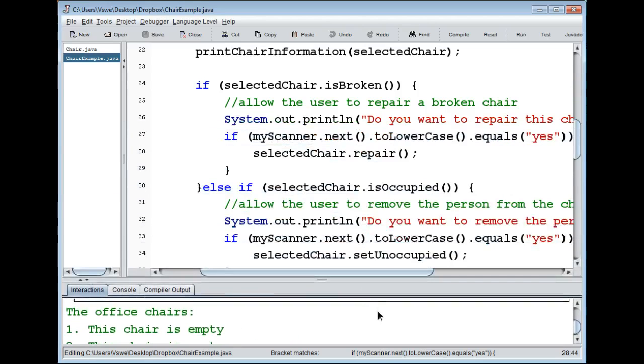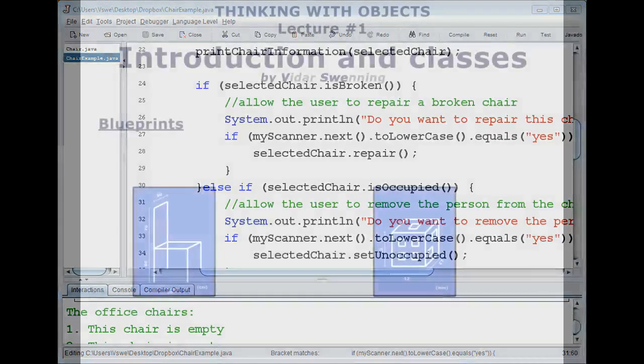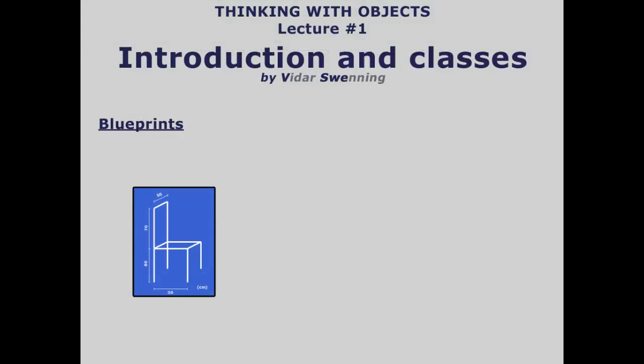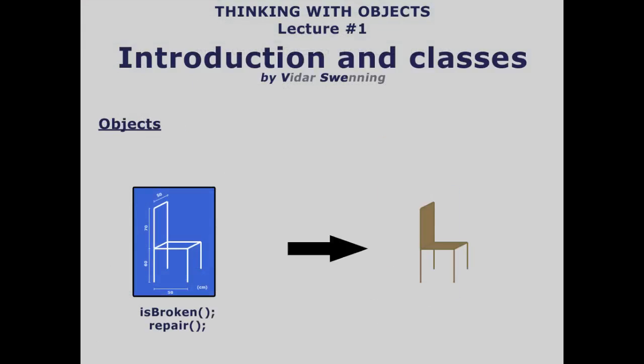And just to make that clear, of course you can't just use repair because you want to, or is broken just because you want to. You have to implement that in the blueprint itself. If it doesn't exist in the blueprint, in the class, you can't use it in the object. Right, so let's see what we can do now. If we go back to the slides here, so we have this one, we implemented is broken